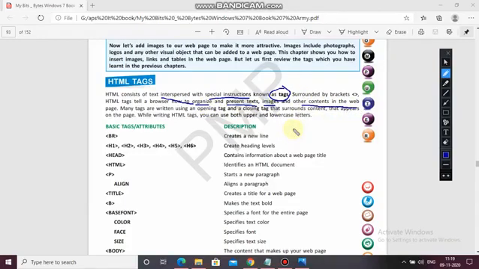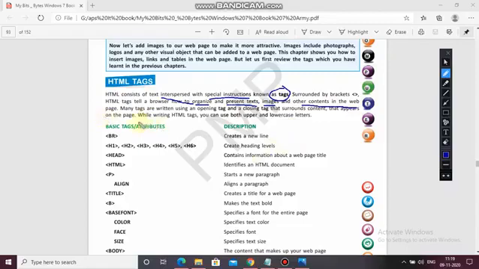Means these tags tell the browser to organize and present text and images, the contents, in a well-organized way. Many tags are written using an opening tag and a closing tag that surrounds content that appears on the page.